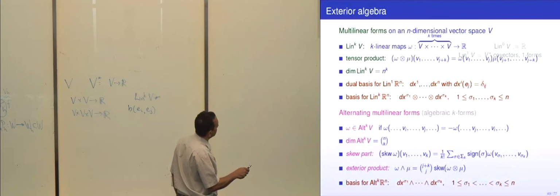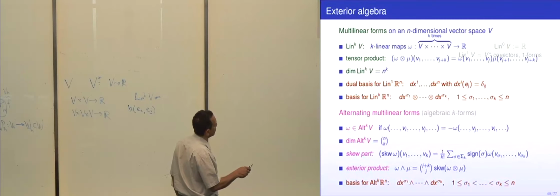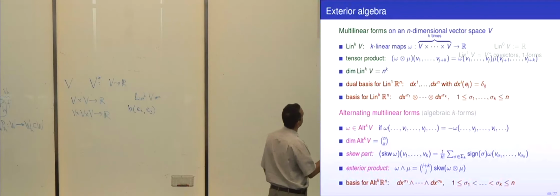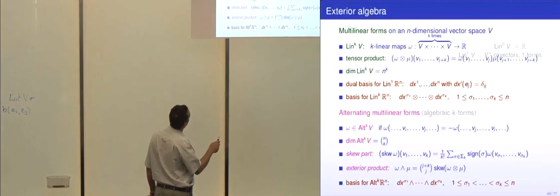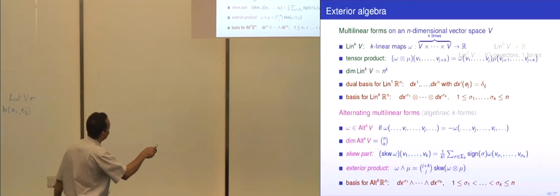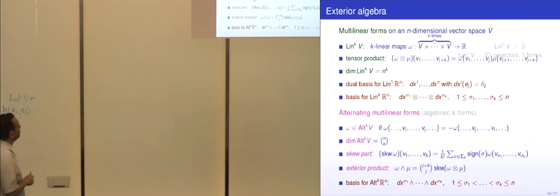There is a preferred basis, e_j, and so there's a preferred dual basis, for which we use the somewhat odd notation dx^i, with the meaning that dx^i applied to e_j is delta_ij. And then the basis for k-linear forms is you just tensor product any choice of dx^sigma_1 through dx^sigma_k. This would be the guy that takes e_sigma_1, e_sigma_2 through e_sigma_k to 1 and takes anything else, like e_1, e_3, e_5, to 0, unless that 1, 3, 5 is this choice here. So that's a basis for this n to the k dimensional space.